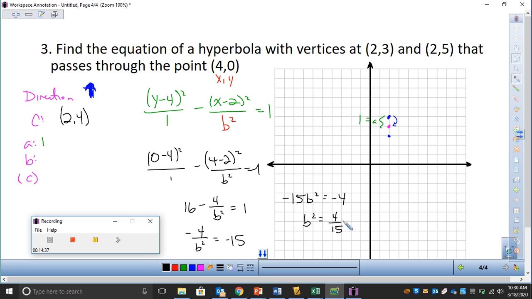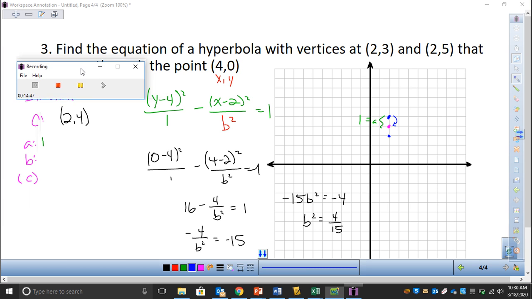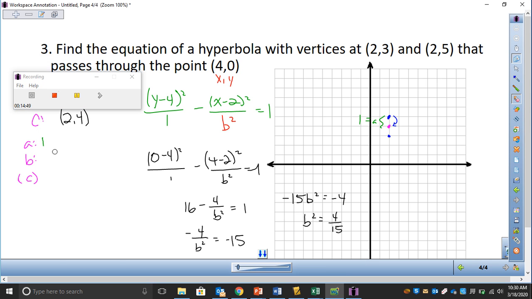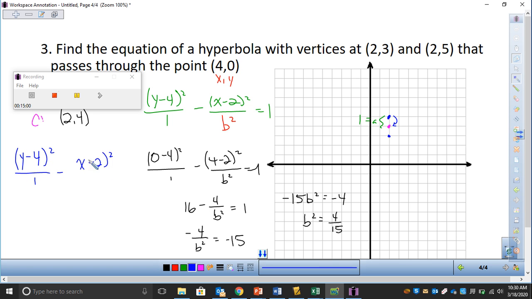So again, I don't need b, because b squared is sufficient. That's what we're looking for right here. So when I plug this in, I'll plug it in twice. Let's move some stuff around here and clear some space. When I plug that in initially, it's going to look like this: y minus 4 squared over 1, minus x minus 2 squared over 4/15,